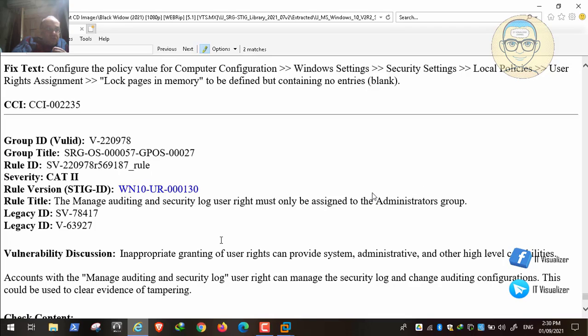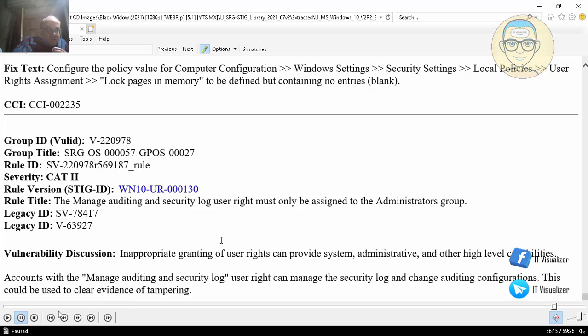So these are the logs. We all know that the logs are very important, especially the security logs that record everything concerning user activity, group activity, and everything. So reading these logs and managing them should not be assigned to any group unless it is the administrators. Any user is not authorized to manage these logs or to see them or to read them. Only the administrators should have this right.